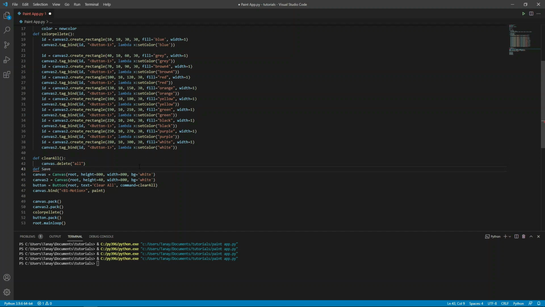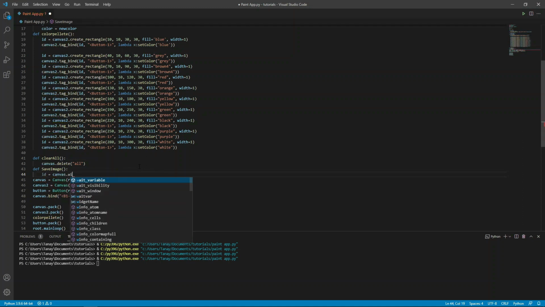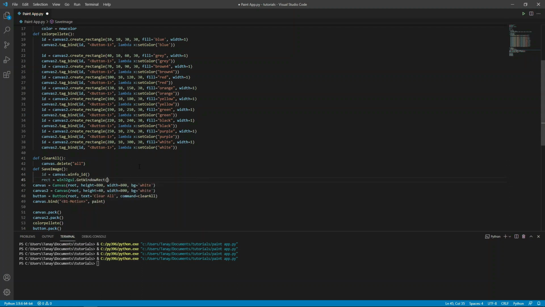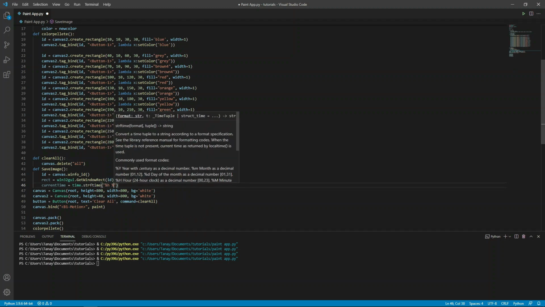Def saveImage, id equals to canvas dot winfo id, rect equals to win32gui dot GetWindowRect id, and current time equals to time dot strftime %H %M %S and %p.